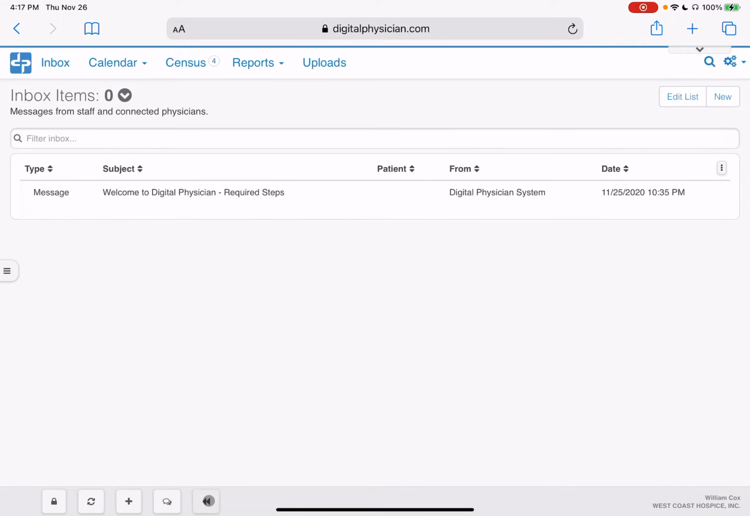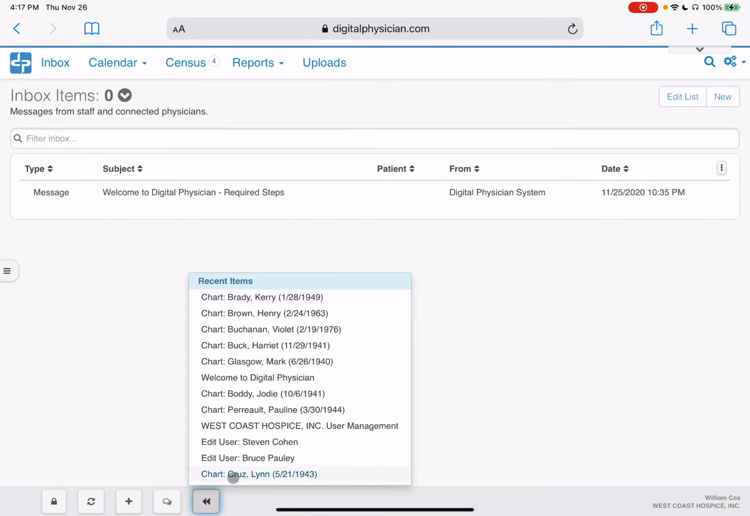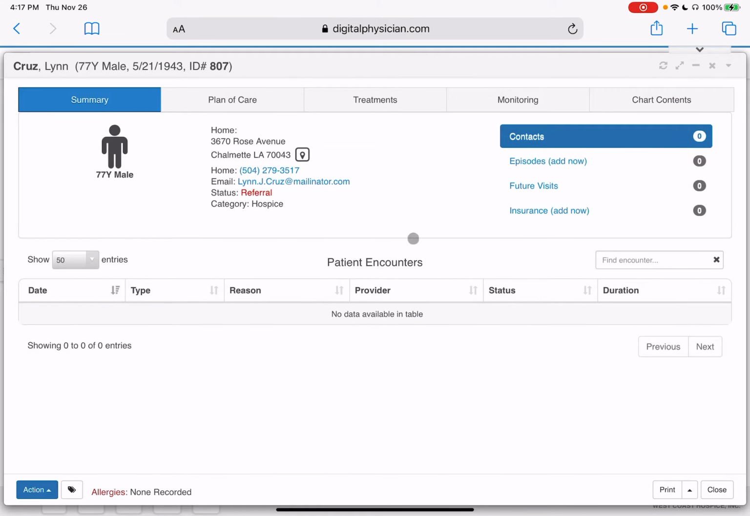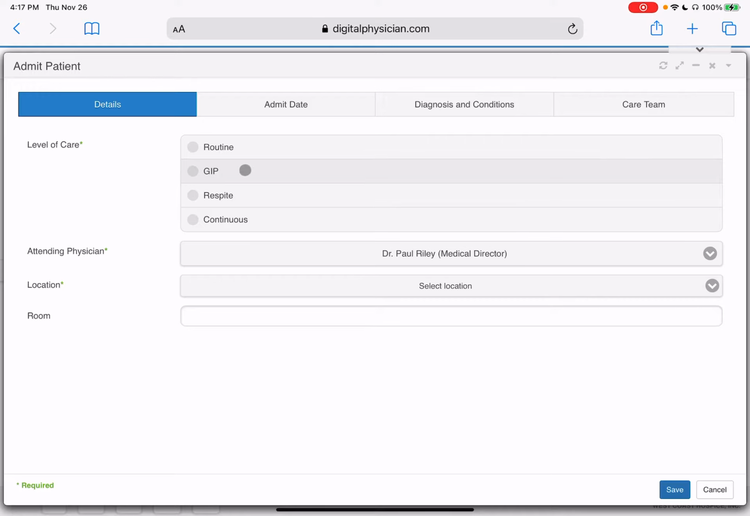So I'm going to go back here at the bottom, this little rewind button that'll show us our recent activities. I'm going to open up this chart. And for example, this patient now is going to be admitted. So we're going to go here to episodes, add now. I'll click there, and then we go through the process of selecting the level of care, attending physician, location,